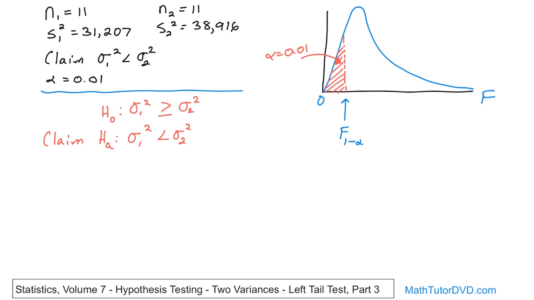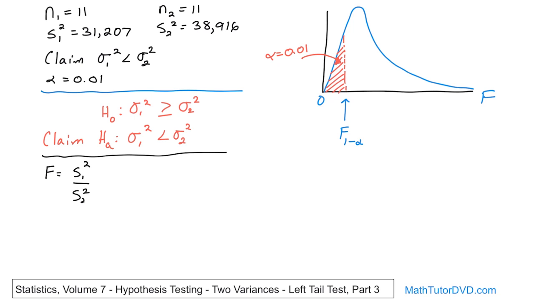Actually, I don't really care what you label it, but it's a critical value, so I'm going to label it like this because of reasons I've mentioned in other videos. So essentially we call this F sub 1 minus alpha. That is going to be the rejection region that we're going to read off of the chart in order to solve this problem. Okay, now the test statistic that we're using for all of these problems is S1 squared over